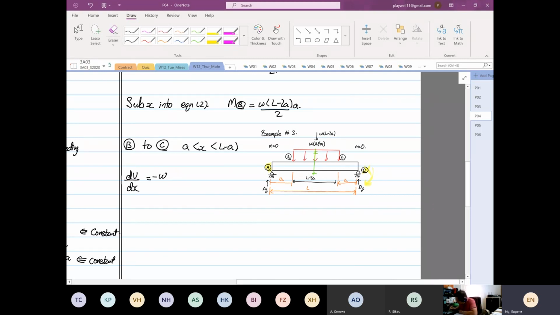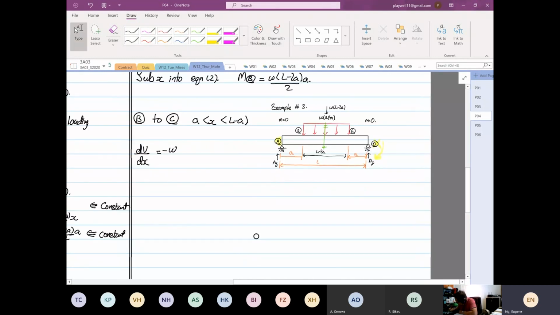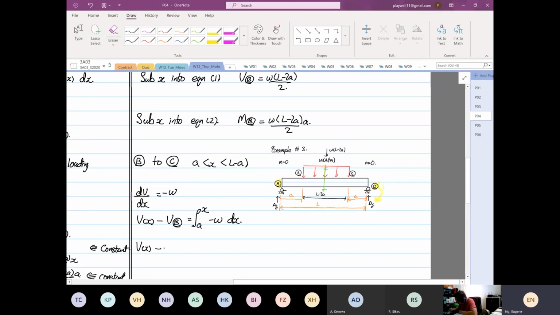So you're going to write down V. So the limit is V as a function of x minus the shear force at point where? At point B. So this will be in the limits of A to x, okay? And then you know that this has to be minus omega dx. So from here, V as a function of x minus VB, so we know what our VB is, right? Omega (L minus 2A)